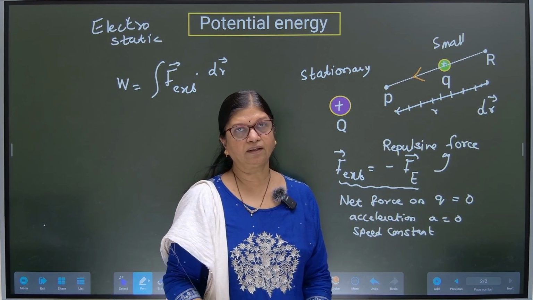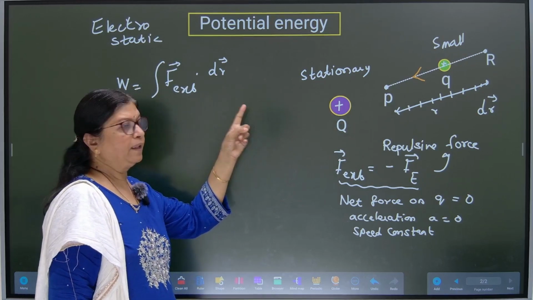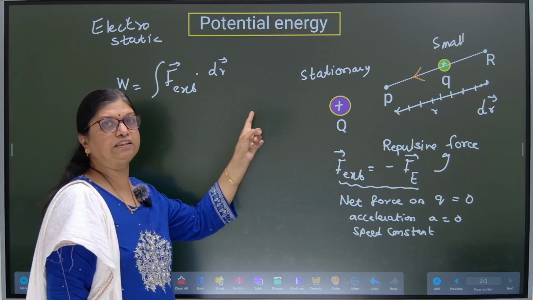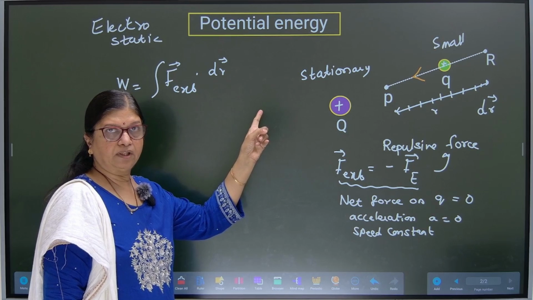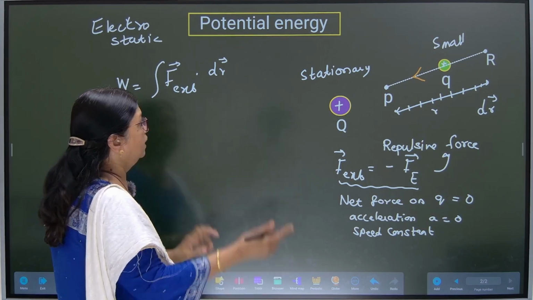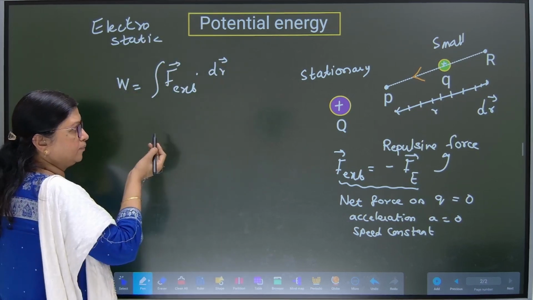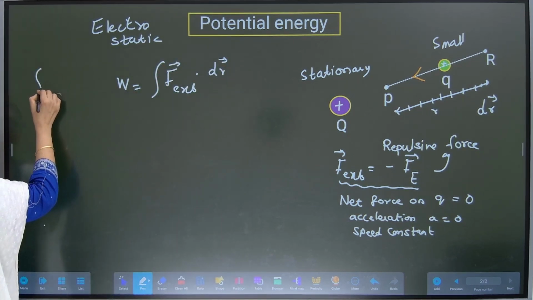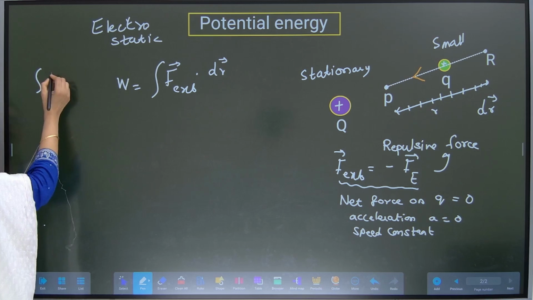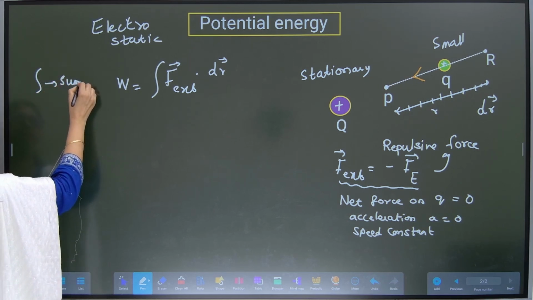Okay? That dr I have put here. And this is force dot displacement, which is the dot product of work, and my maths here is integration. What is integration in maths? Integration is just summation